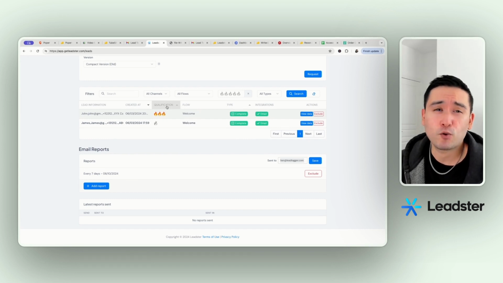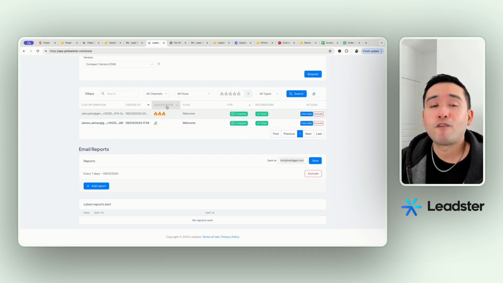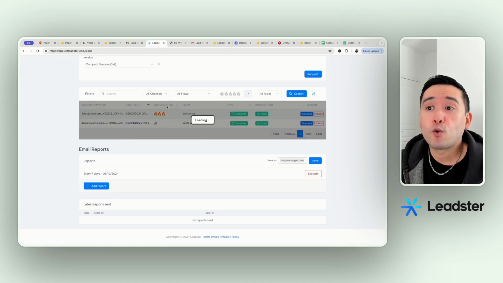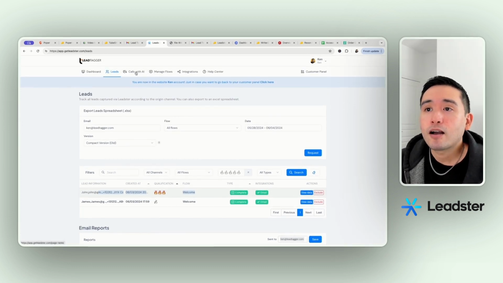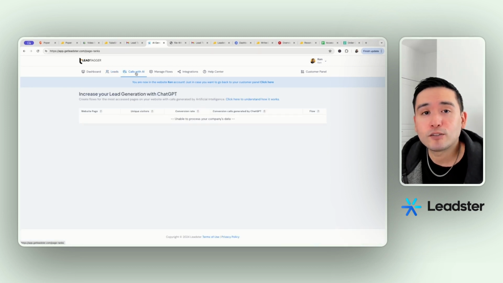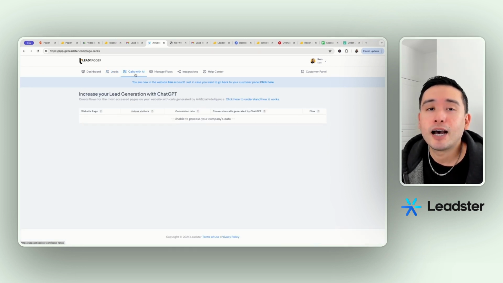So you could set up specific qualifications. So how far down the flow they go, you can qualify them, okay? So you can see exactly who is most qualified in your list of leads. You can see whether or not they completed it, and integration. So like, how did you get notified? I got notified via email, and calls with AI. So this is unique, okay? So this is what makes this tool